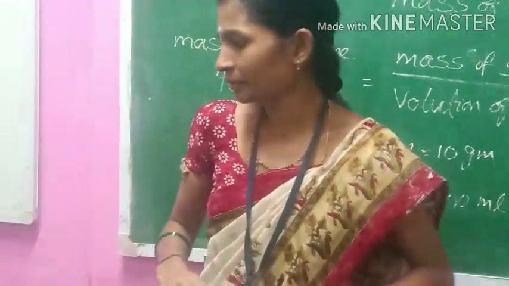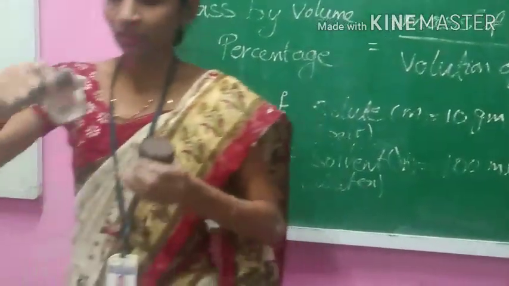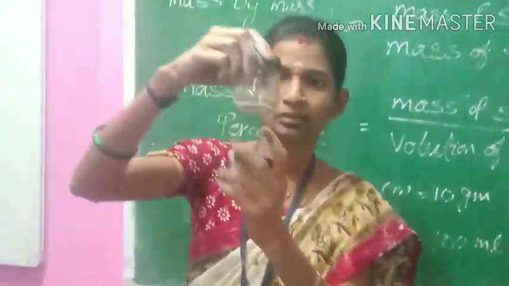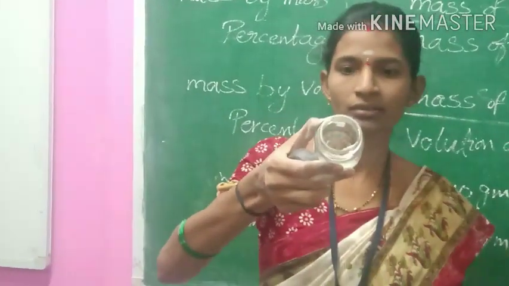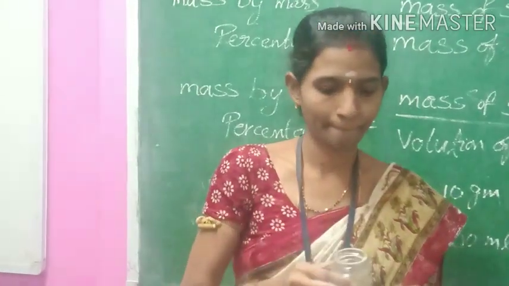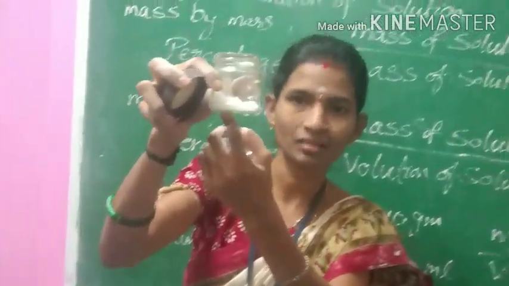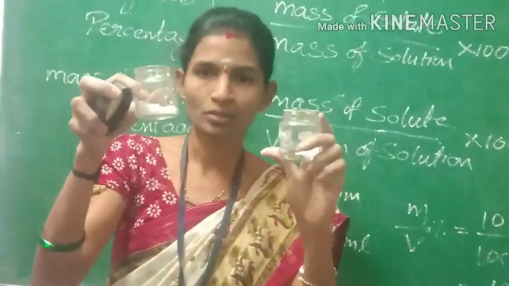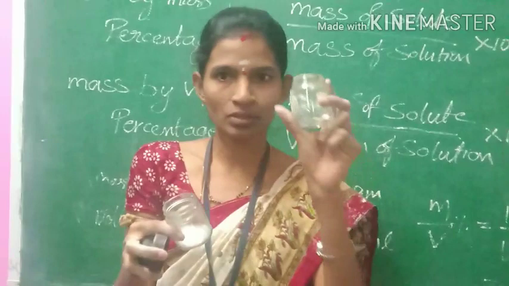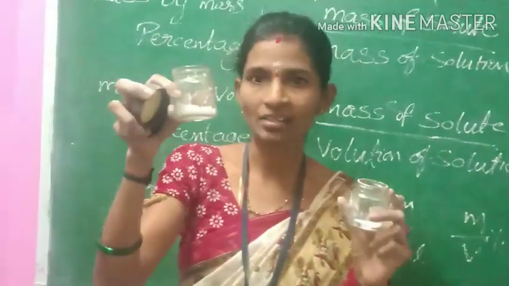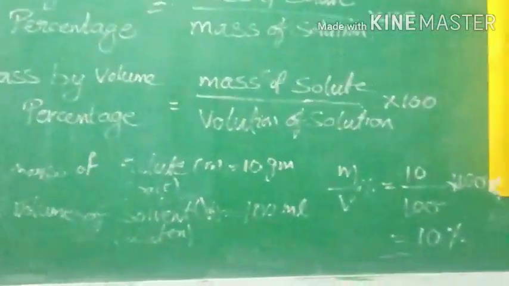So I have some examples here. In this one I have taken salt. I have taken some amount of powdered salt here, and in one more I have taken rock salt, crystal salt. Both are salts only, but one is in powder form and the other is in crystal form. The size of the solute particles is less in this one, and the size of the solute particles is more in the crystal salt. Now I will add